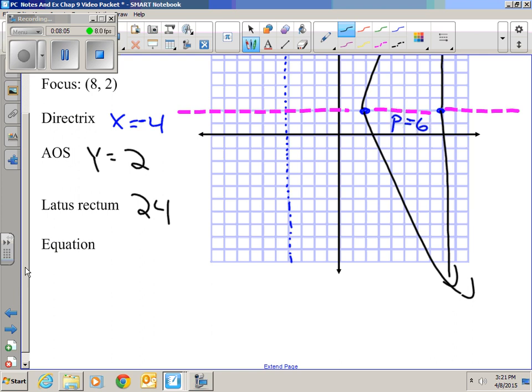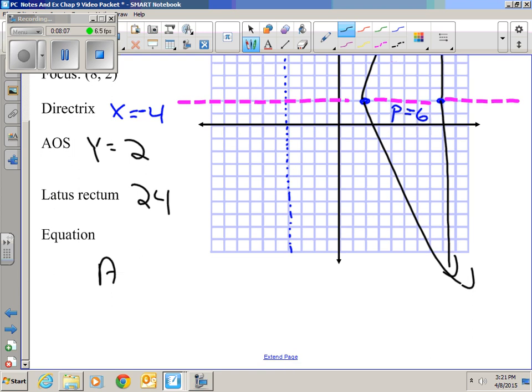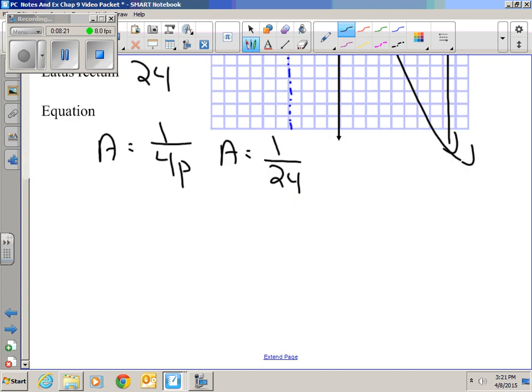A is always equal to 1 over 4p. P in this case was 6. So therefore a is equal to 1 over 24. My equation, and this is going to be a little bit different because it's a horizontal parabola, is x equals 1 over 24 times y minus k squared. K in this case, I need to look, k